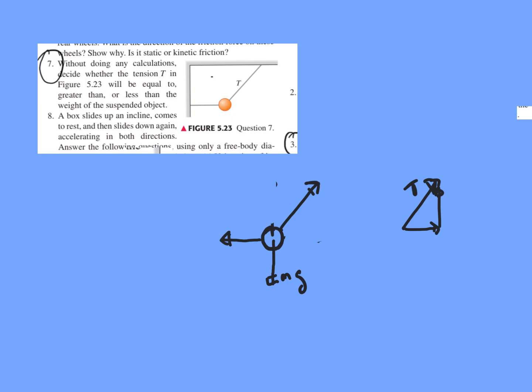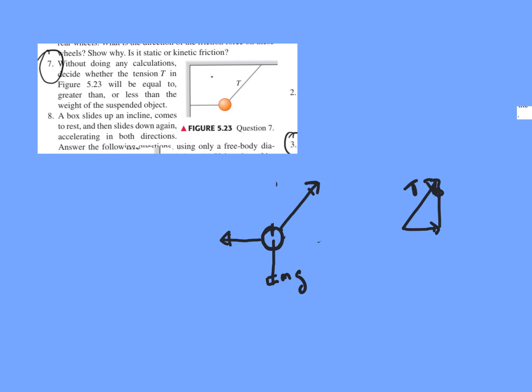This problem says, without doing any calculation, decide whether the tension T in figure 5.23 will be equal to, greater than, or less than the weight of the object. The weight of the object is this force, mg. So,